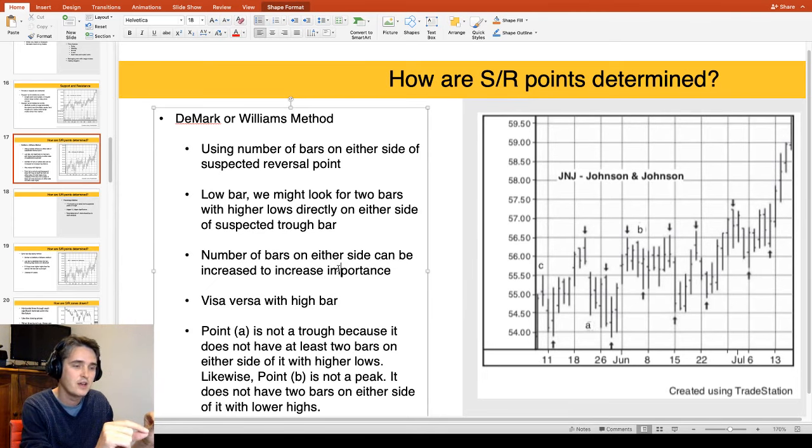So if you have three bars on either side, you have a central bar here. I'm going to shake the mouse again so that you can see it. Come on. Anyway, whatever. It's not getting bigger. That's kind of sad. But this candle here, for example, has a low, and on either side of it, it has a higher low and a higher low. So that is then our low bar, what we can say is our support point, or the point at which the trend changes.